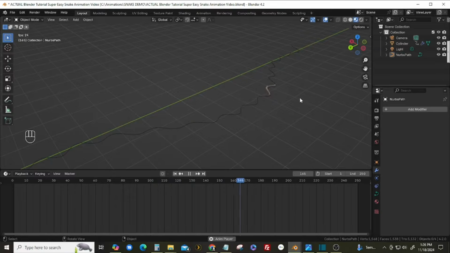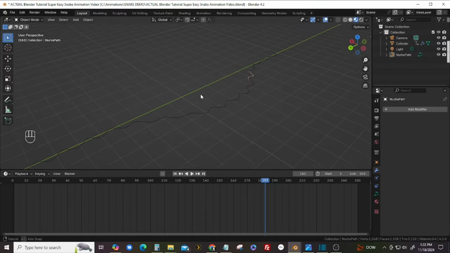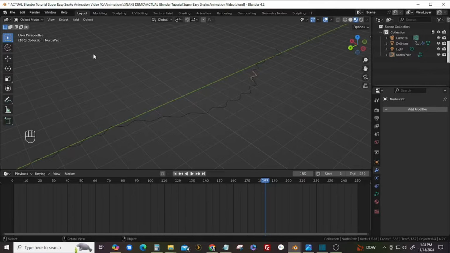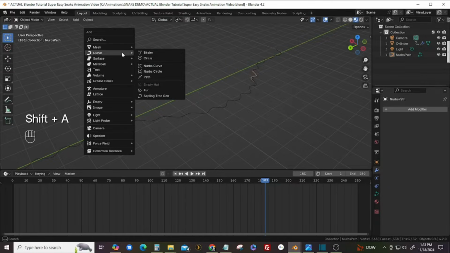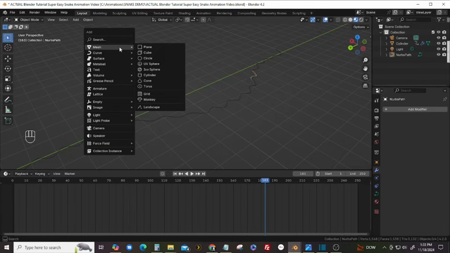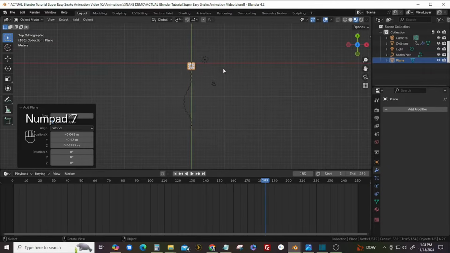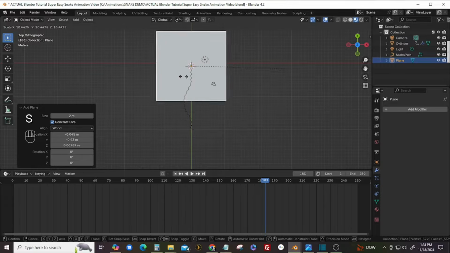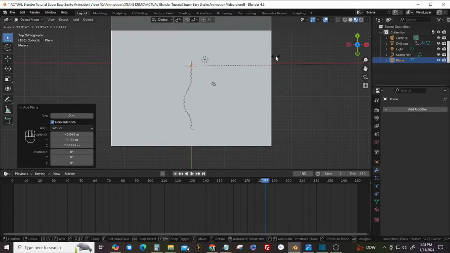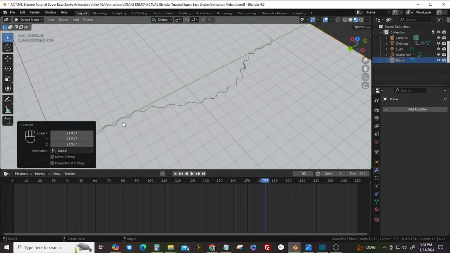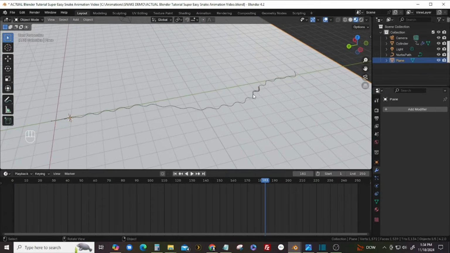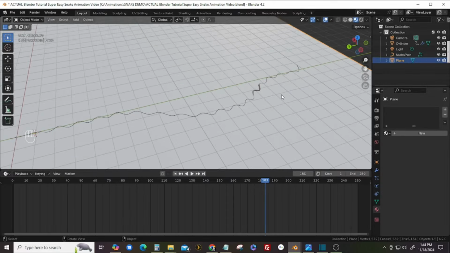Snake's running along here. To finish out your scene, we can add ground here by going to Shift A, and we'll add a plane just to give it something to move on. 7 top view, and we'll scale this up large enough to cover the area of the path. And now the snake has ground to move on, and you can go in and you can add a texture here under